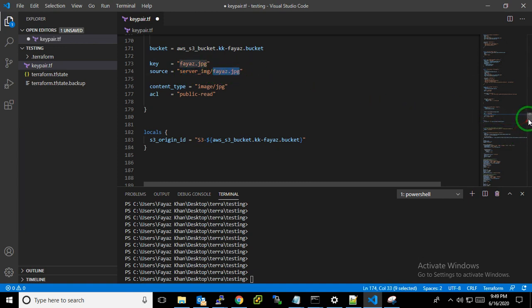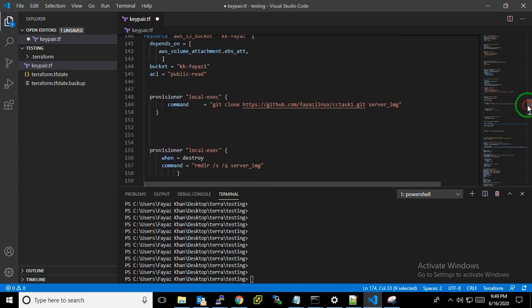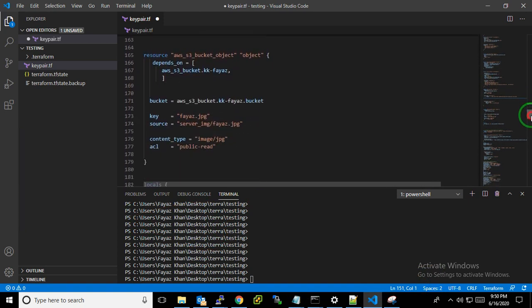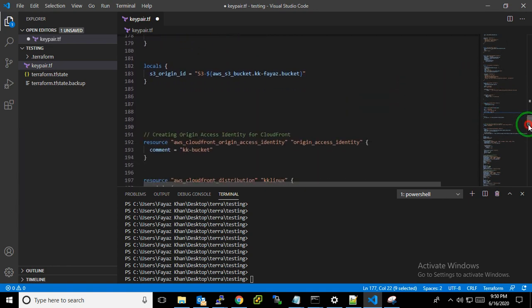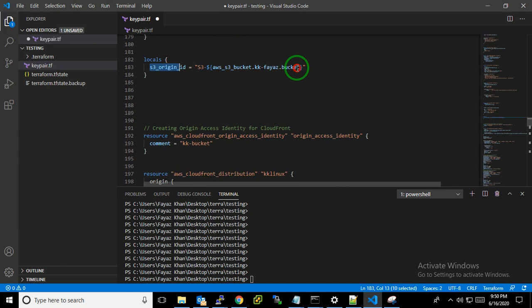So the previous code downloads all my files to the server image locally. Locally means your Windows system where you are currently working. It will download from there, and once you download, you have to upload the image as an object to the S3 bucket. So I am uploading here with content type image and ACL publicly readable for access. So it's a local one. Again, the calling of my bucket.